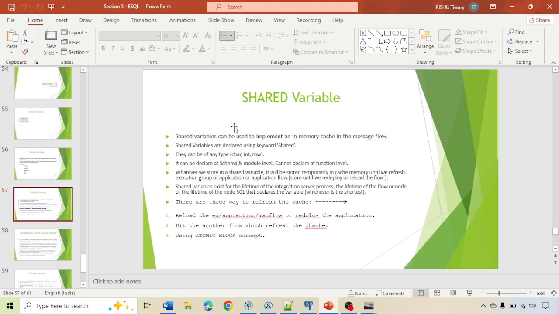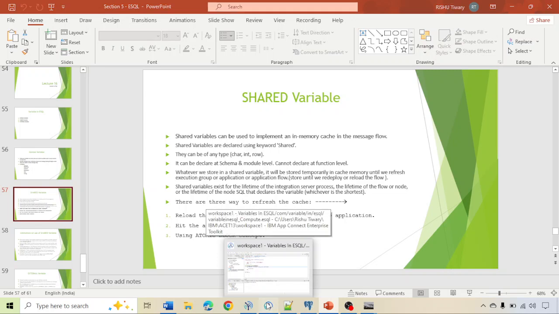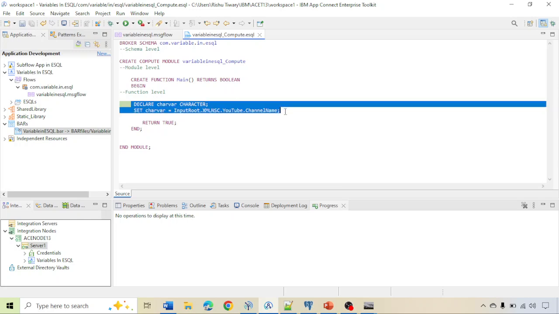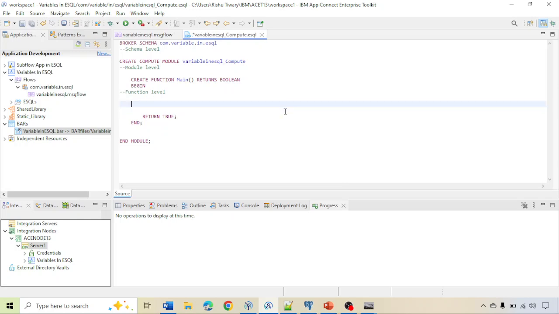I hope maybe many people will not understand what I told if they are new to IBM ACE or IIB. So it is better to go to the toolkit and explain. Okay. When talking about the shared variable, let me clear this normal variable. And when talking about the shared variable,